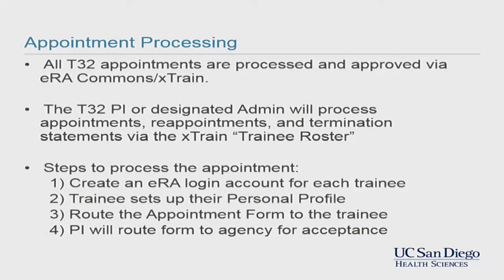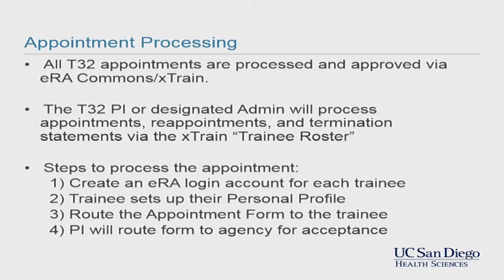So once their personal profile is complete, you can go in as either the PI or the designated admin and complete the statement of appointment form. And so on the statement of appointment, it's going to have the stipend amount, the information about the trainee, the appointment period, and once that's complete, then you'll route it to the trainee, and then they will again receive an automated email,